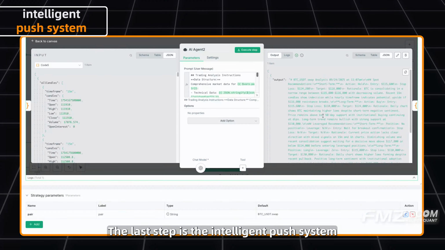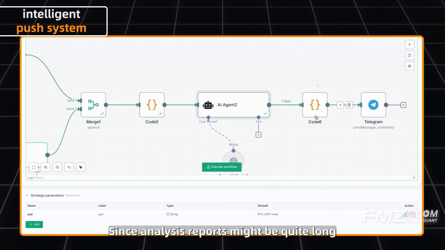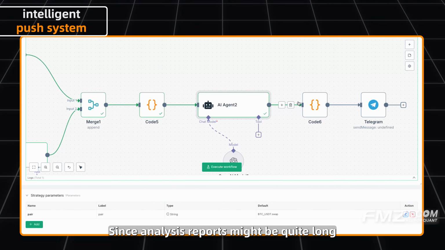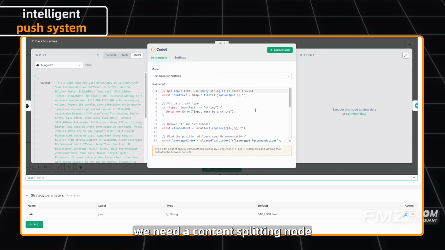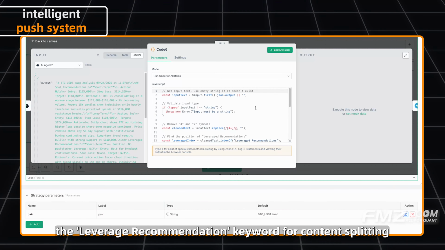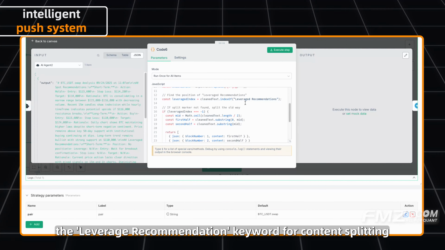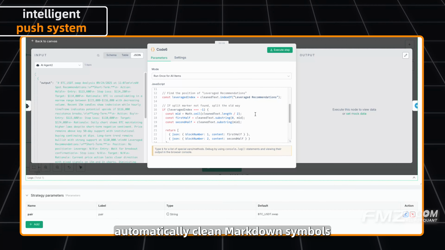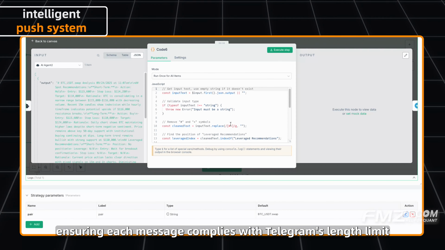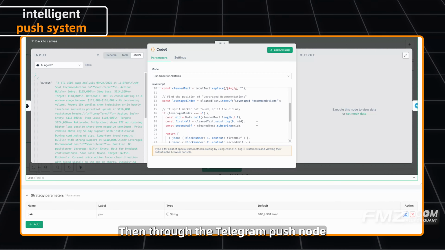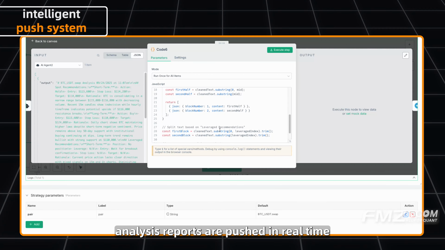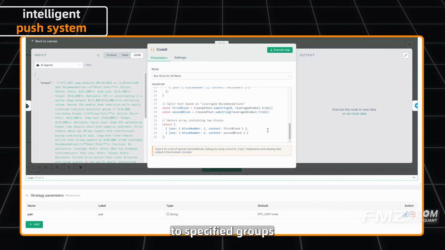The last step is the intelligent push system. Since analysis reports might be quite long, we need a content splitting node. This node will intelligently identify the leverage recommendation keyword for content splitting, automatically clean markdown symbols, ensuring each message complies with Telegram's length limit. Then through the Telegram push node, analysis reports are pushed in real time to specified groups